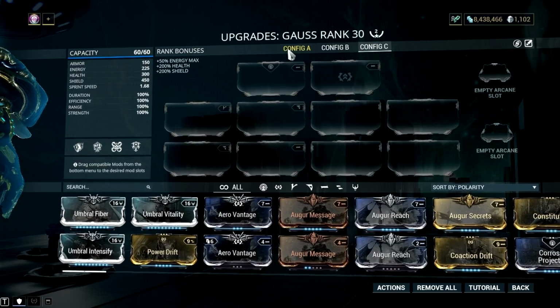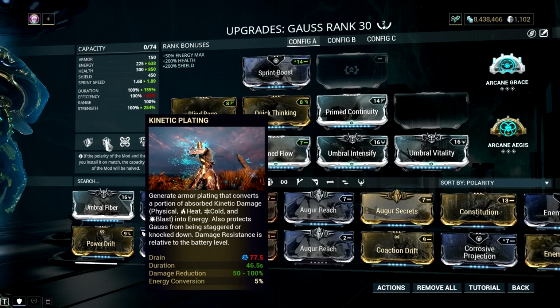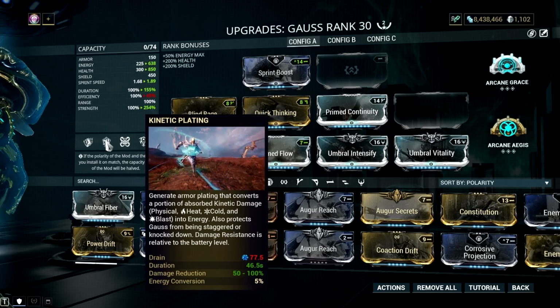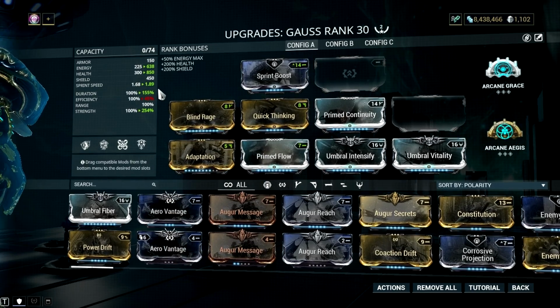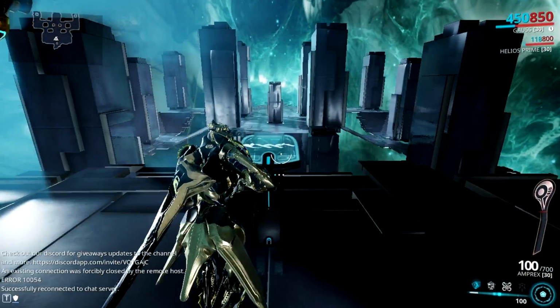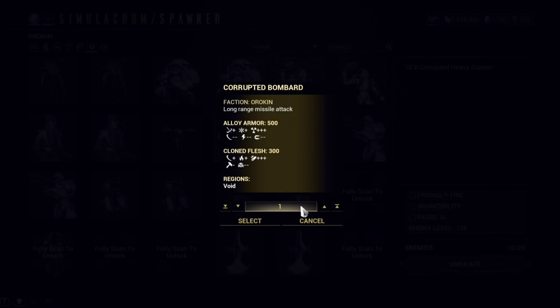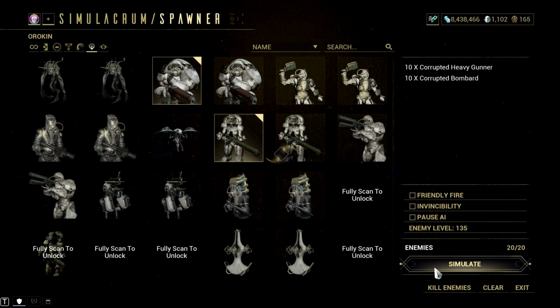Adding at least 246% power strength will cap the minimum damage reduction to 50%, and adding Adaptation, Prime Flow, Quick Thinking, Arcane Aegis, and Arcane Grace will make your Gauss super tanky. The only problem is, this setup will make all of his other abilities useless. Besides, having a setup like this is also costly, and honestly, your survivability won't last if you are faced against